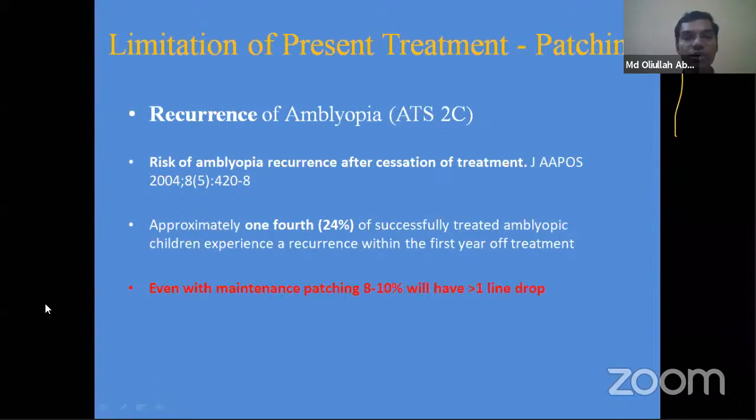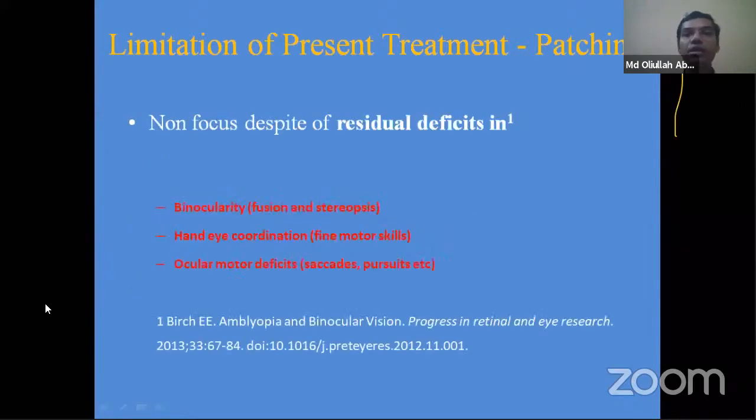Now we talked about so many things, but we never looked at the binocular vision parameters. So we have 2 eyes, so there are certain aspects in the binocular vision. That's why God gifted us with 2 eyes. We always focus in amblyopia management as a monocular concept. We never looked at what happens to their fusion and stereopsis, what happens to their fine motor skills like hand-to-eye coordination and the saccade pursuit. So these are the components which are again looked at, but it was actually a major deficit in the monocular approach